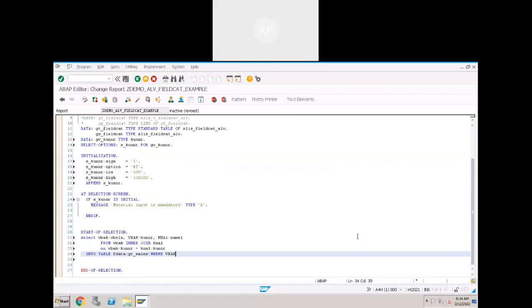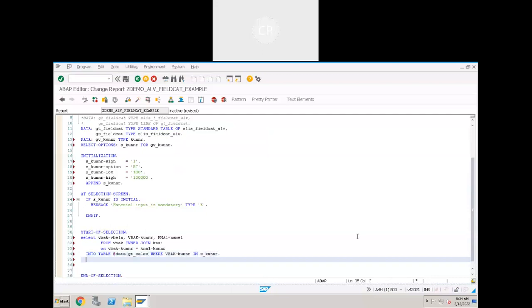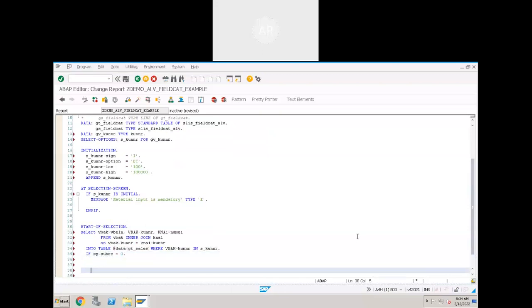VBAK-KUNNR equal to S underscore KUNNR, right? Yeah, IN. Okay, don't observe. If sy-subrc equal to 0 and if